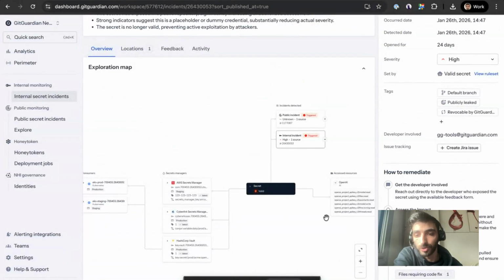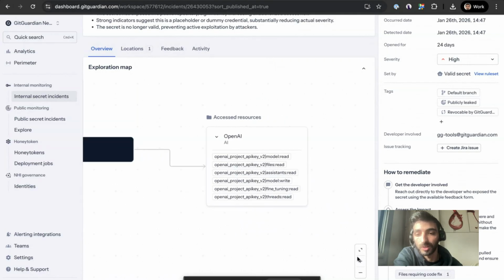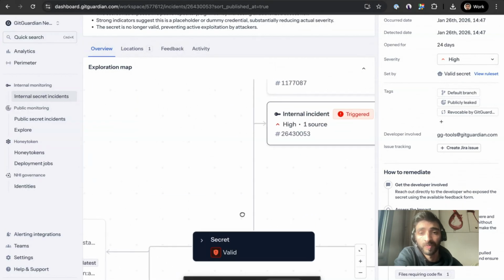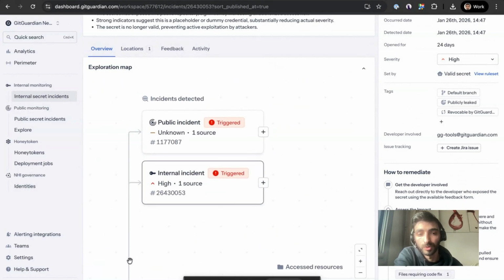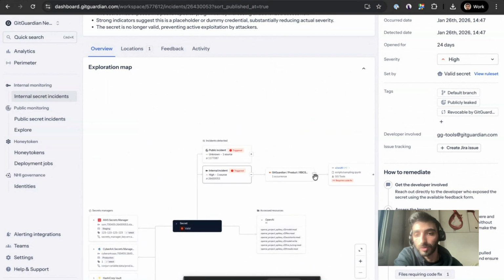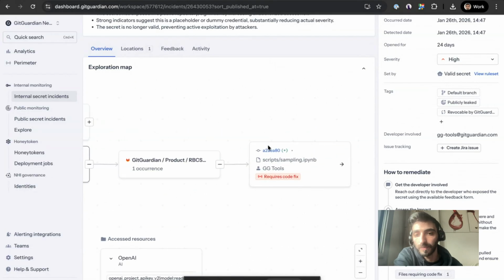And you can see this information in a holistic view. So you can understand that this credential is tied to an OpenAI service, and it has these permissions that it can provide from OpenAI. And on top of that, we can also map whether or not this is part of your internal assets, so the GitLab project that we've been referencing, where it sits, within which commit exactly, as well